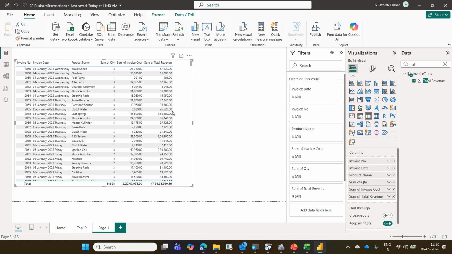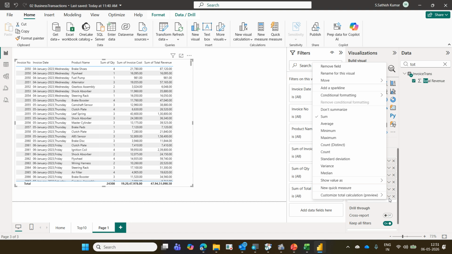Revenue is lesser, I want to do some formatting. Select this table. Go to the total revenue arrow mark. Conditional formatting.